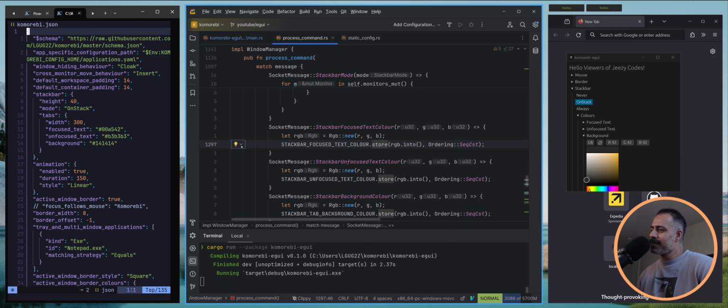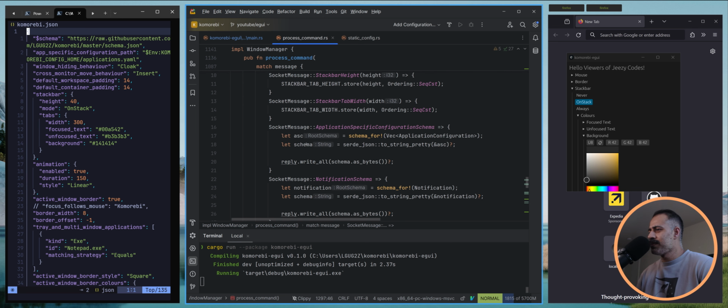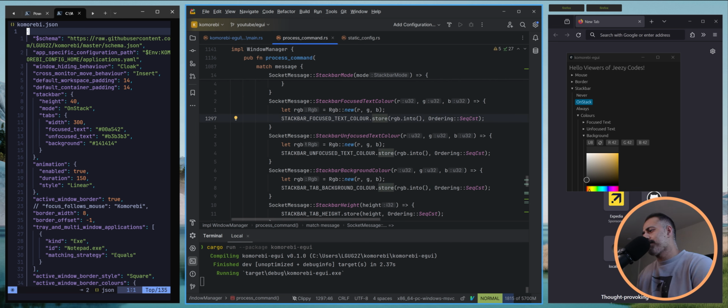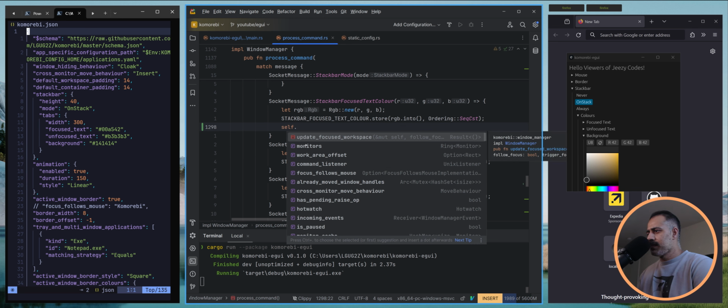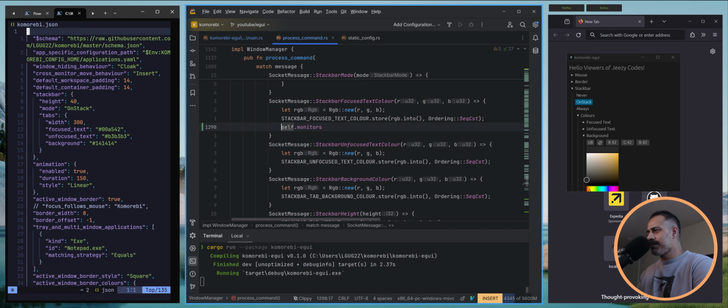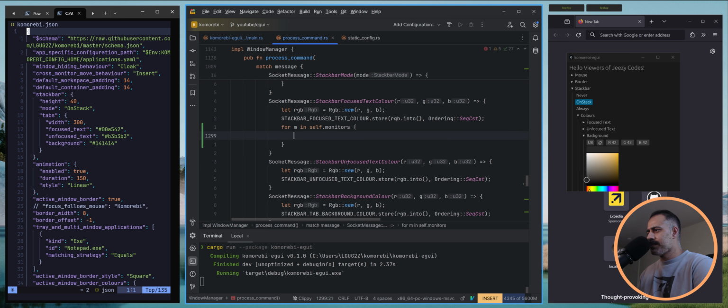We're not actually sending any messages to it, so can we do something like self dot... we don't have anything for stack bar. Self dot monitors. I think we have a getter